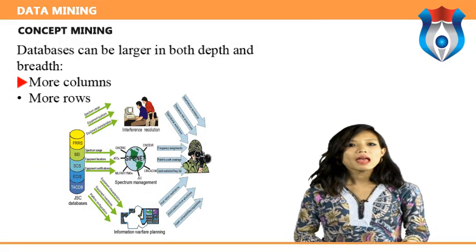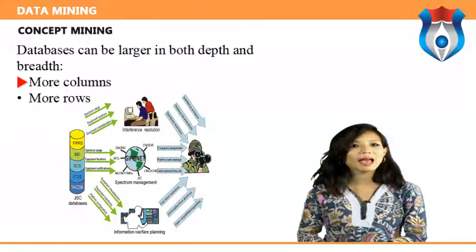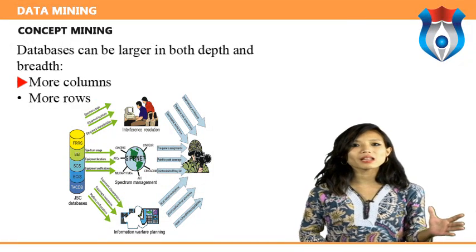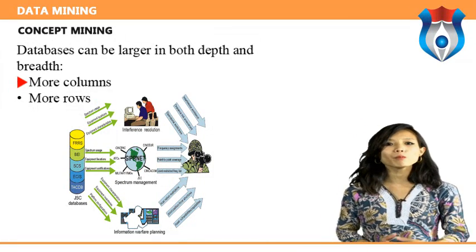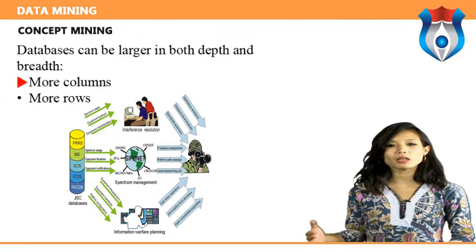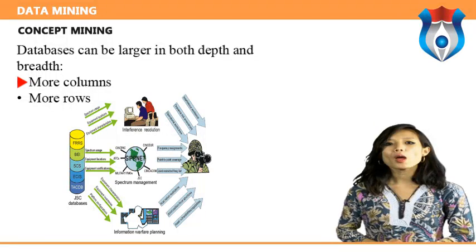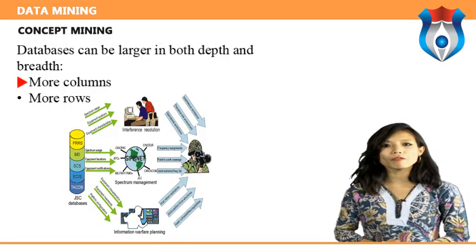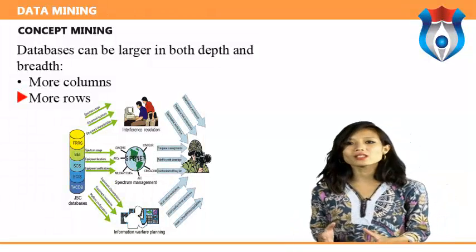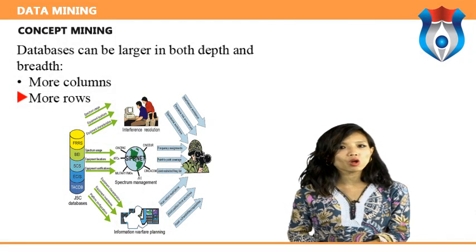More columns. Analysts must often limit the number of variables they examine when doing hands-on analysis due to time constraints. Yet variables that are discarded because they seem unimportant may carry information about unknown patterns. High-performance data mining allows users to explore the full depth of a database without pre-selecting a subset of variables. More rows. Larger samples yield lower estimation errors and variance, and allow users to make inferences about small but important